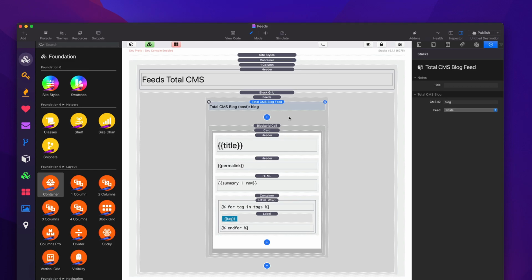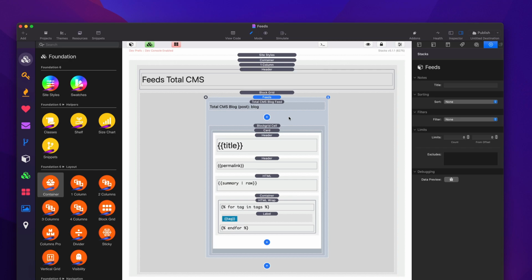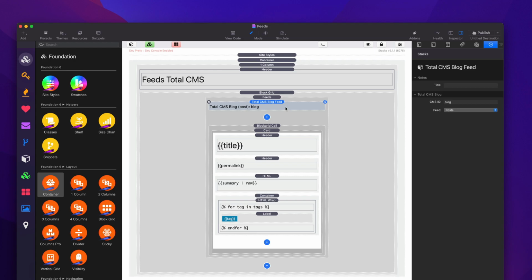So in this video, I want to go over how we can use the sort and filter features inside of feeds. Now, this is the feeds demo file. I am using the total CMS feed here. That's just because I have some decent data that I can filter out, but it doesn't really matter at all